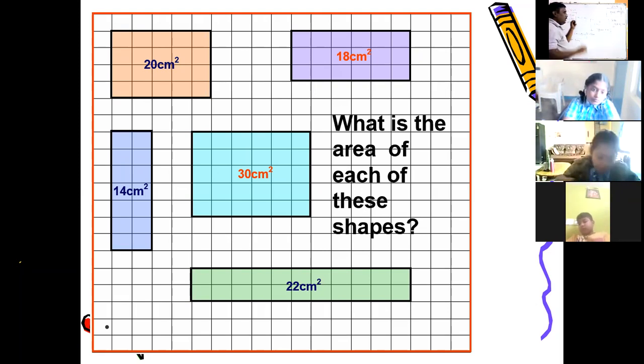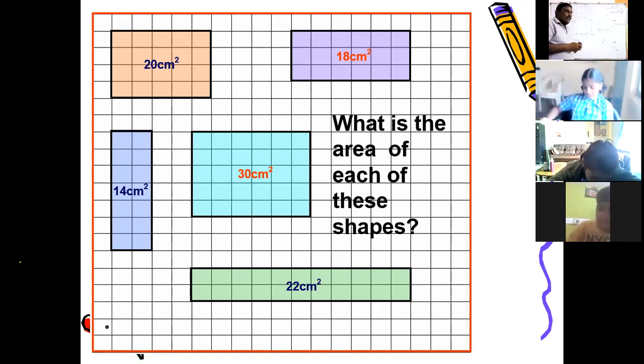You are taking length into breadth. Length is in centimeter. Breadth is in centimeter. So centimeter into centimeter means 2 times, so that's a double. Square centimeter. This symbol indicates square. If someone asks you what is 4 square, it means 4 into 4, 4 taken 2 times. That is 16. Square means multiplication twice. You can write the power 2 or you can write SQ, square centimeters. Like I wrote here, SQ also you can write.